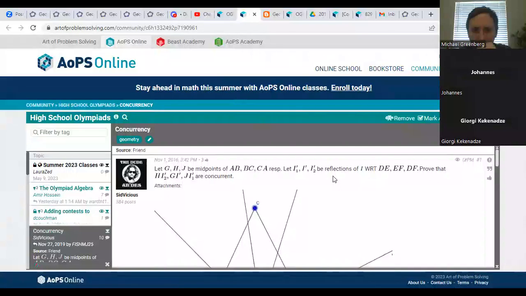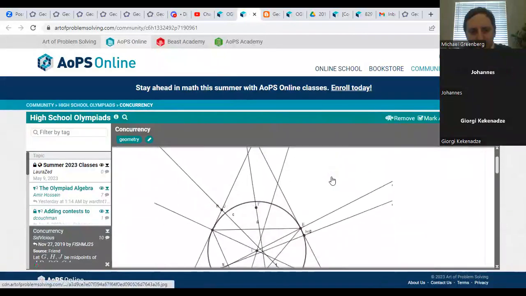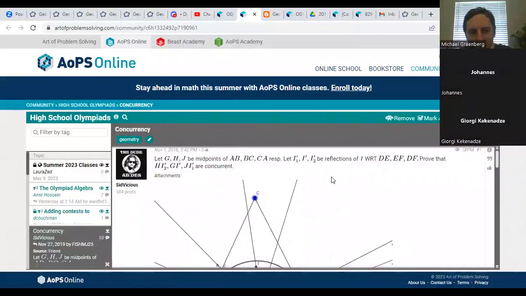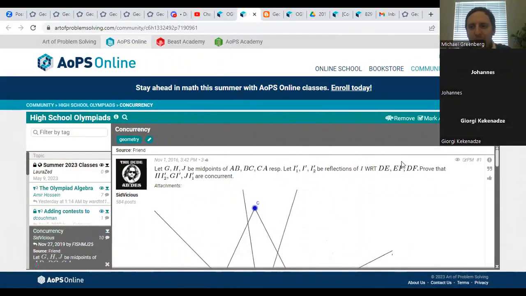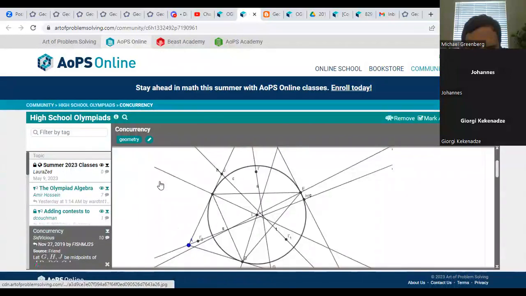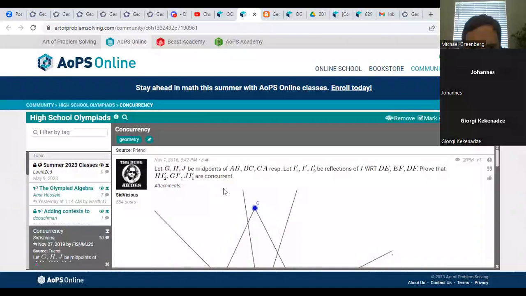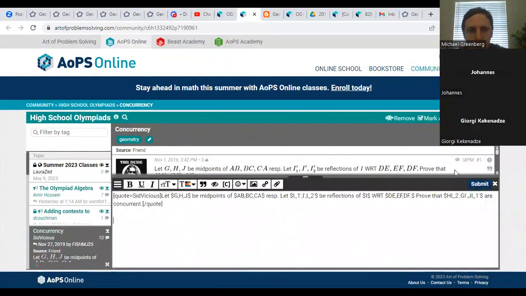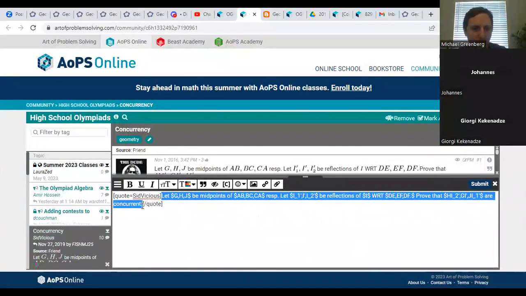Let's try this. So we reflect I with respect to DE, EF, and DF. This is a kind of weird notation. Let's try this one and see. Prove that H, I2 prime, G, I prime, and J. What are G, H? Yeah, they didn't. Oh, they're the midpoints. Okay, so yeah, let's try this one. This one looks kind of interesting. Don't know why they chose those names for the points, but